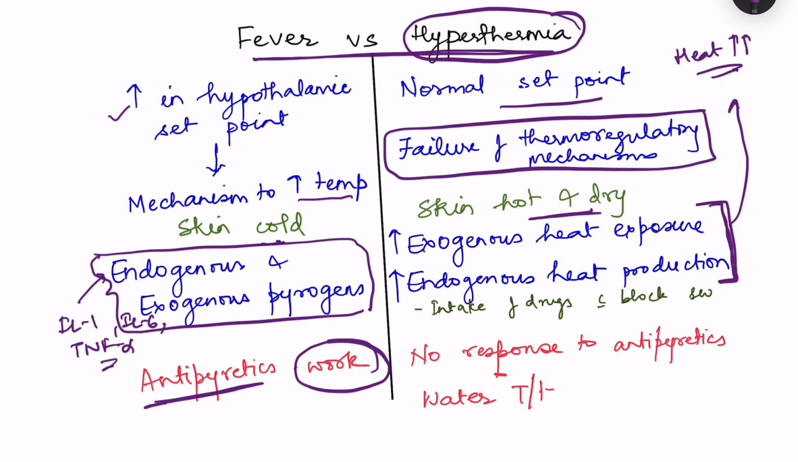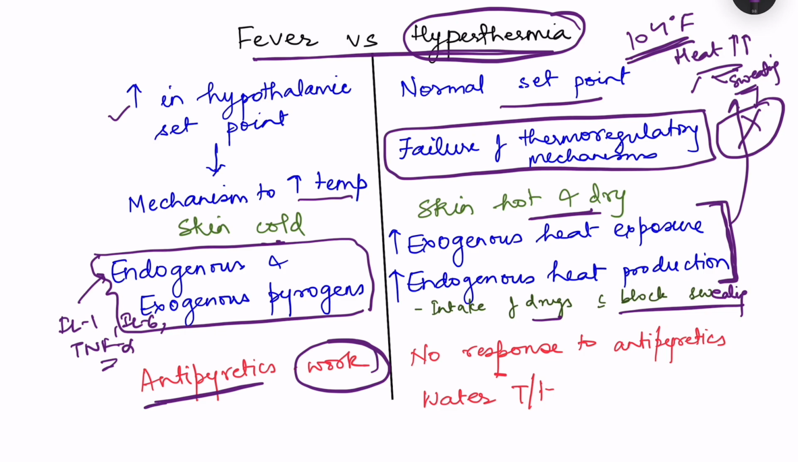So because of this heat production, yes, there is sweating, but because the environment is humid, this sweat doesn't evaporate. No evaporation because of the humid environment. So despite sweating, the body temperature keeps rising, and once it reaches the critical value of 104 to 105 degrees Fahrenheit, then these thermoregulatory mechanisms fail. Initially yes, sweating occurs, but later on there is failure of thermoregulatory mechanisms. Then there are certain other causes as well, like intake of drugs which block sweating. If the person is on drugs which block sweating, then also this failure of